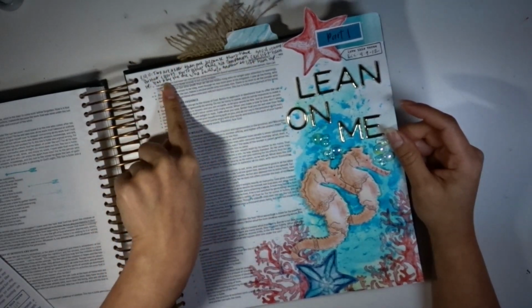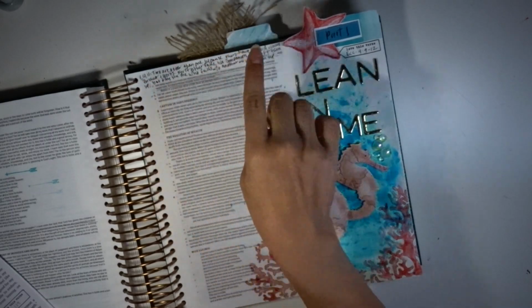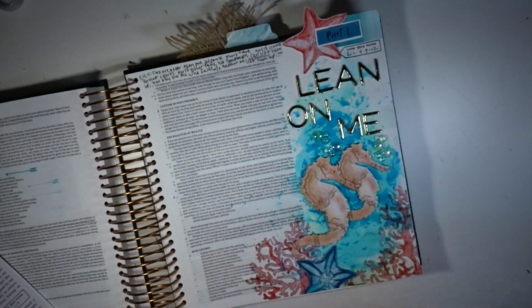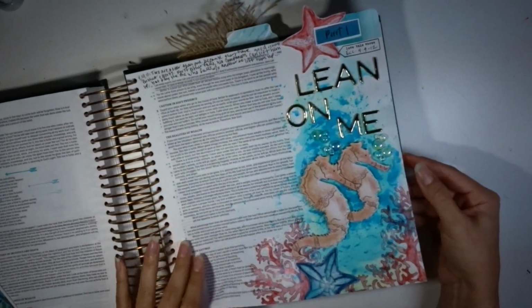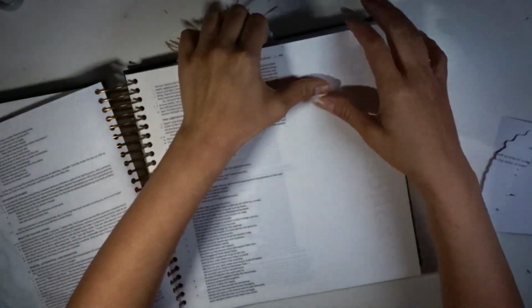I also had to write verses 9, 10, and 11 up here at the top because the majority of the verse that I was illustrating was on the opposite page, and I had already illustrated on it. So it wasn't too bad. So that was the first part. And now I'm going to go to